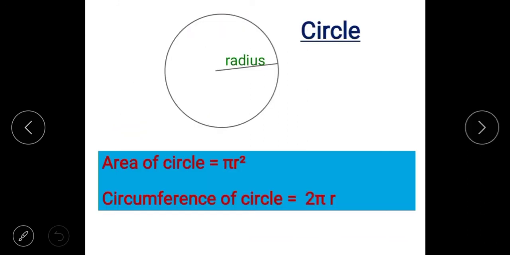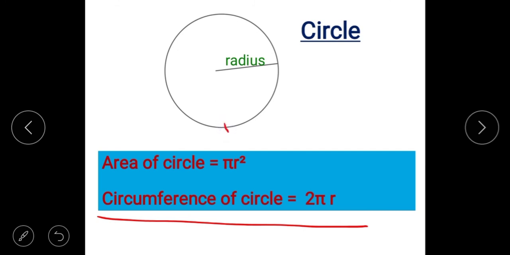This is the circle. This is the center of the circle, which is represented mostly by O. And this is the radius. So you have center and radius. The length from the center to the circumference or to the outer boundary of the circle is the radius. Now the circumference of the circle: as you find the perimeter for rectangle, triangle, square, here we find the same outer length, outer boundary for the circle.